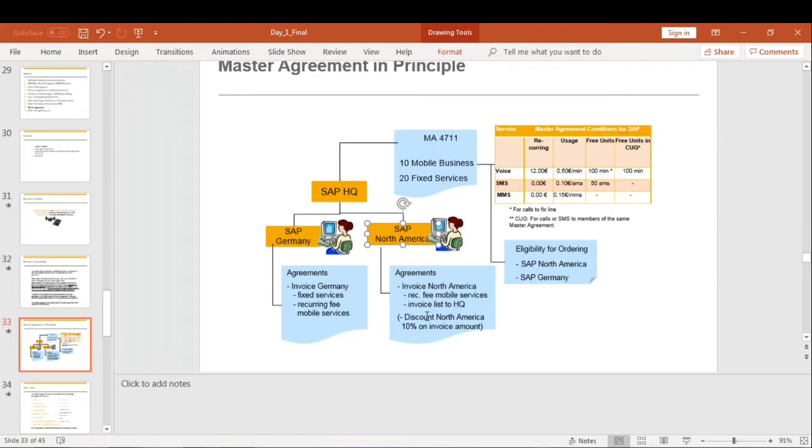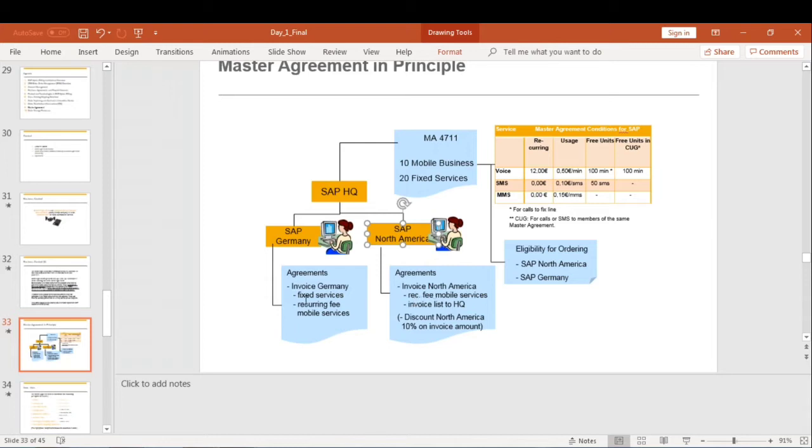And another will be the invoice list agreement. Here we have SAP headquarters, SAP Germany and North America. There will be employees in Germany as well as North America. They all have subscribed for some telephone plan, let's say the Idea 299 plan, and the employees have to pay the bill on their own.